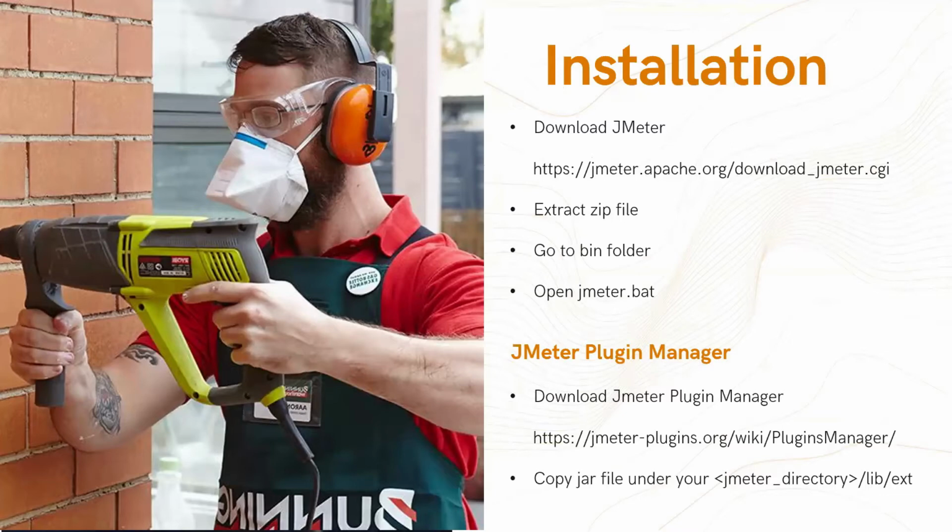You need to go to the JMeter website, which is jmeter.apache.org, as JMeter is an open source tool provided by the Apache organization. Go to the download URL; I have given this URL over here. You need to download the JMeter binary file, which will be in gzip or zip format, depending on the system you are using. If it is Windows, you can go with the zip. If it is Linux or some Mac machine, you can go with the tar file. Extract that file. Once you extract it, go to the bin folder and open the jmeter.bat file.